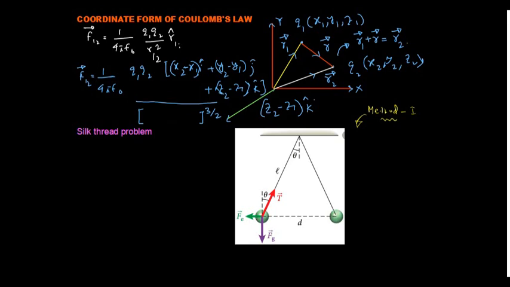Now let us come back to the most famous and debated questions in electrostatics to understand Coulomb's law. As you can see here, there are two silk threads. The reason they are chosen to be silk threads is that these are insulating material, so whatever charge is present in these two balls will not leak through the thread. If it has charge plus q, it will continue to have charge plus q. And this whole system is in equilibrium.